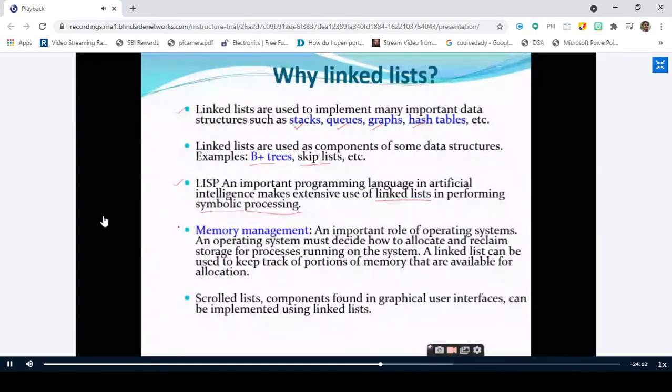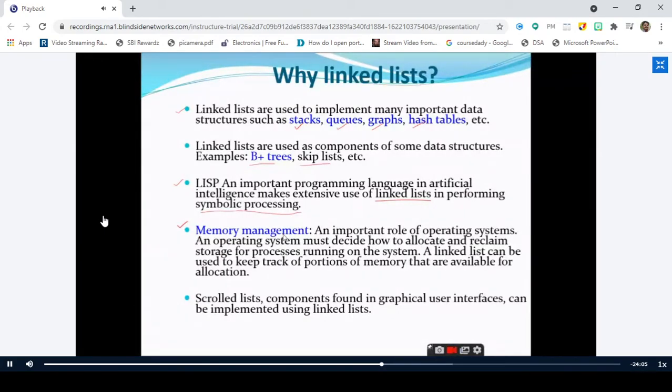And the memory management, you will come across the memory management concept in the operating systems course in the next semester, I think. So in operating systems, we have an important task that is performed by the operating system, which is called memory management. Can anybody tell me what you understand by this memory management? How we manage the memory, sir. Right. It is going to manage the memory.